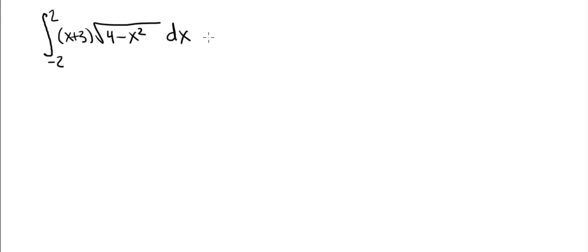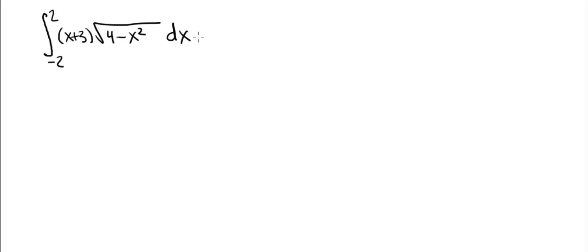Let's evaluate the definite integral from minus 2 to 2 of (x plus 3) times the square root of 4 minus x squared. Substitution will not work here. If you try u equals x squared, or minus x squared, or 4 minus x squared, it will not